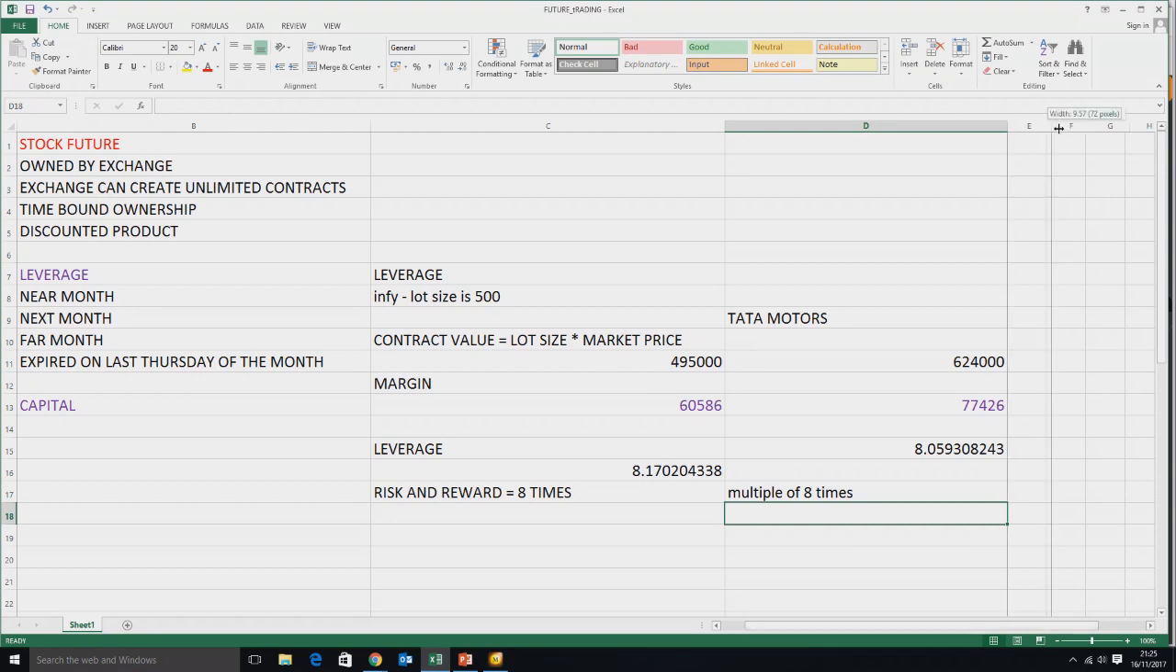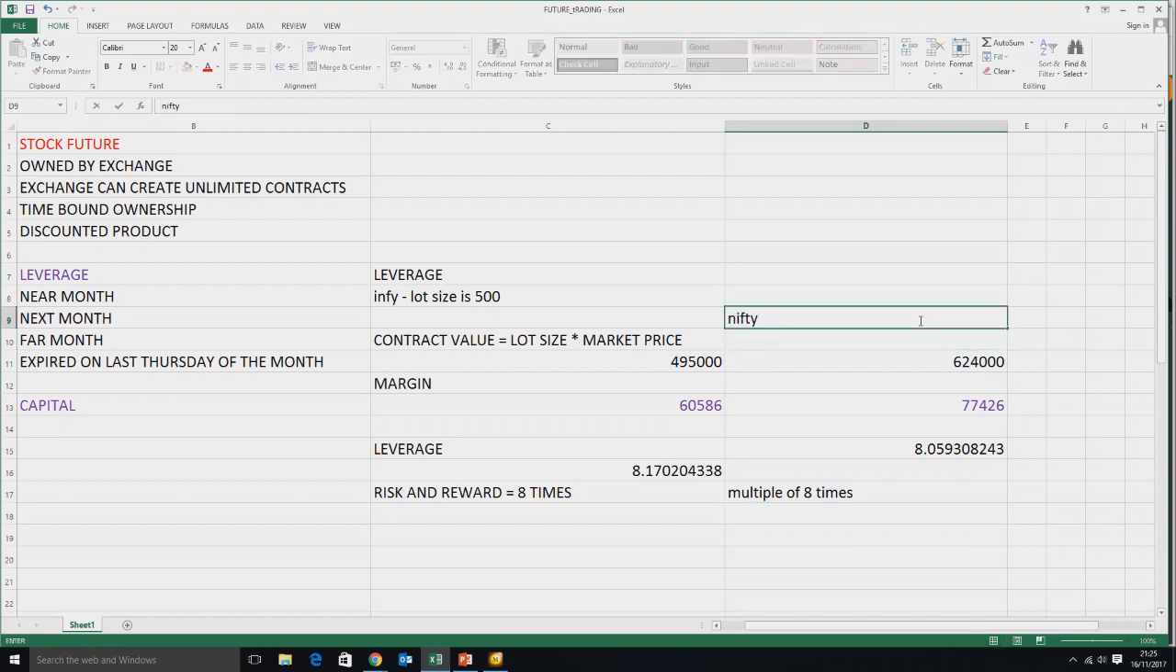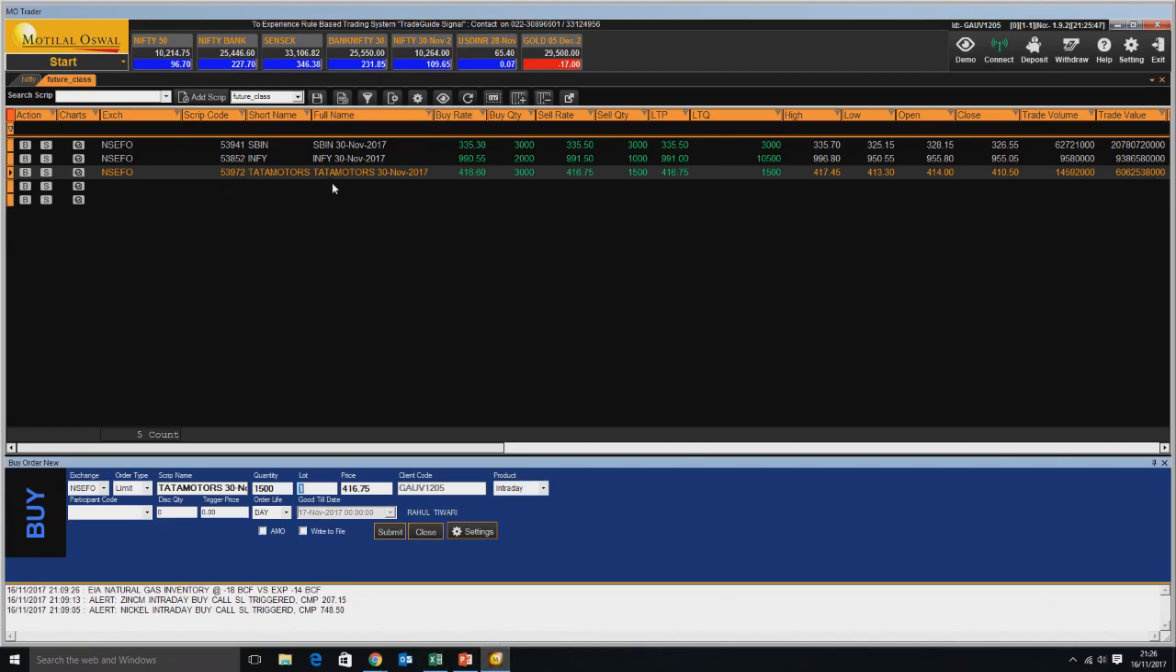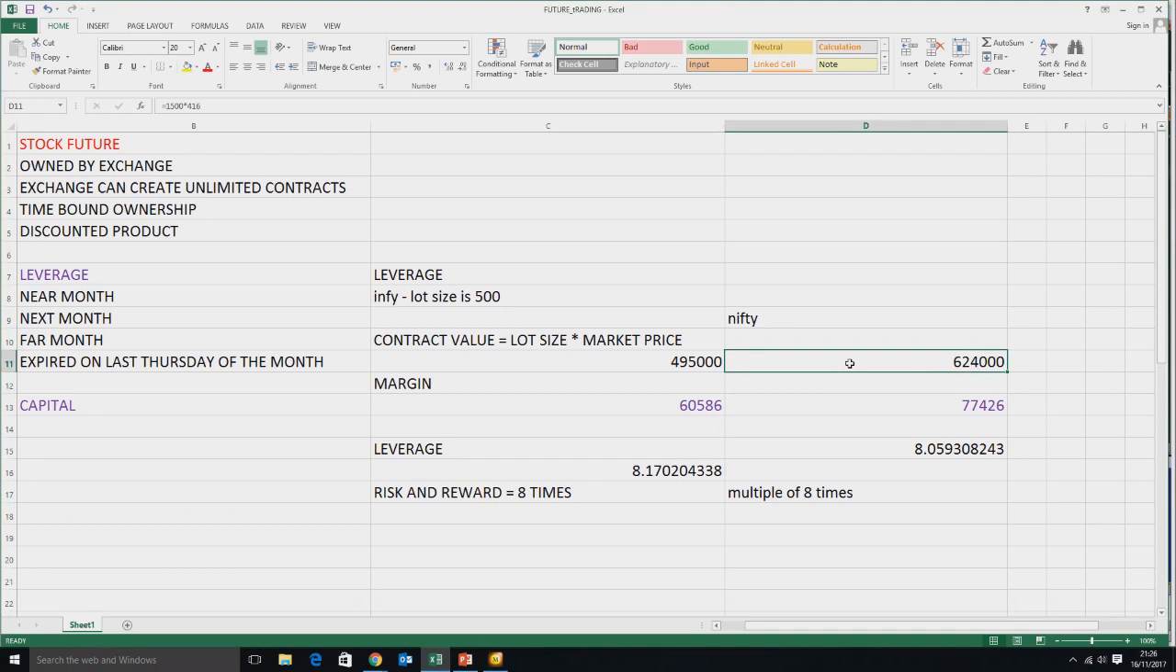Let's see one more thing about the index also. We have seen the stocks. So let's see about the index. Say if I go to Nifty. Let's see what is the contract value of the Nifty. Nifty is at 10,214 a spot. So the contract value of Nifty would be equal to, the lot size is 75,